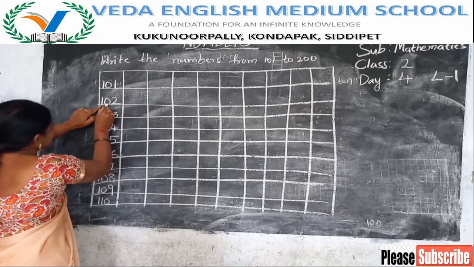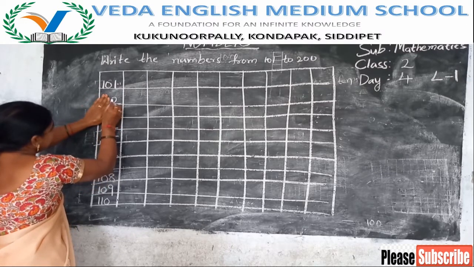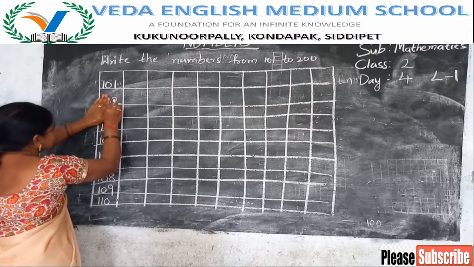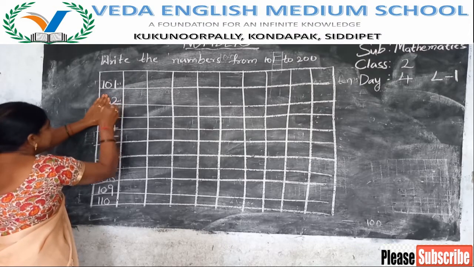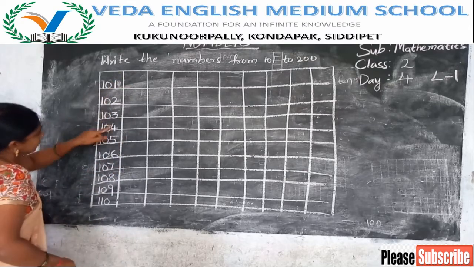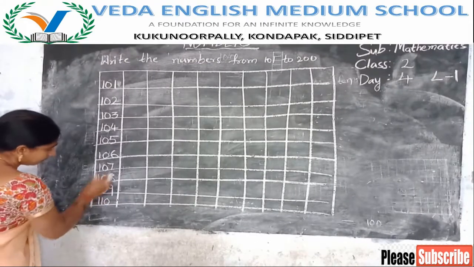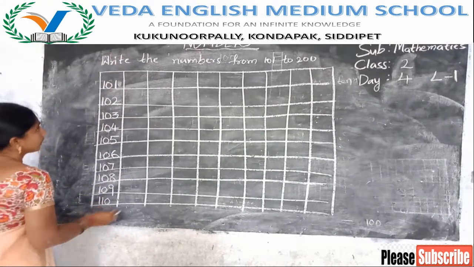See, the tens place and hundreds place are the same. When we add 1 to 2, that means 2 plus 1 equals 3. Like that, one number is increasing here. Up to 110 is the whole set. The next number is